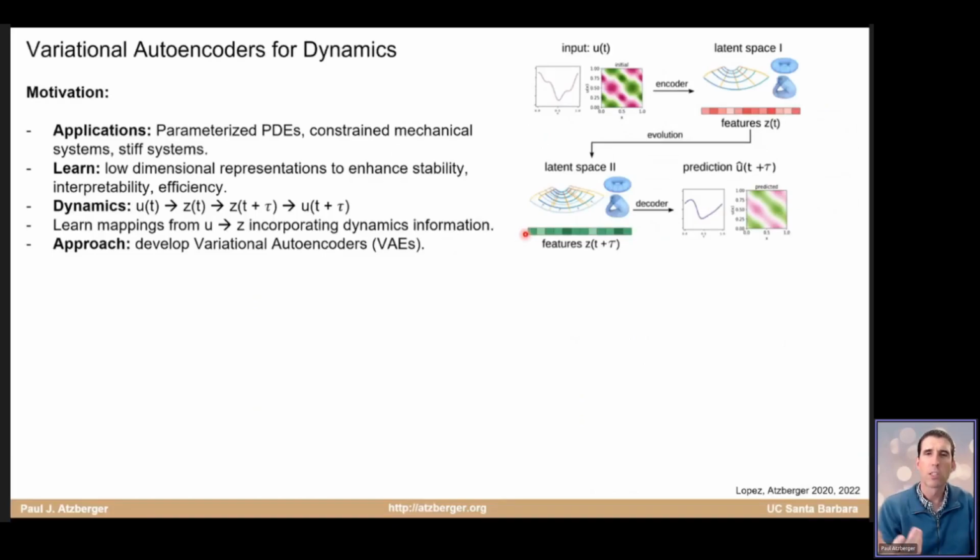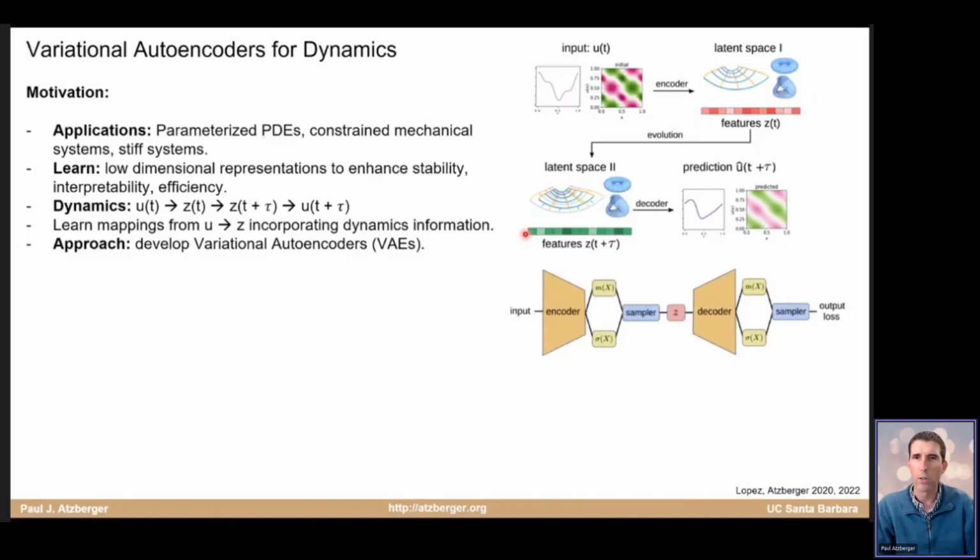And so the approach that I'm going to take to do that is to leverage these recent developments in what's known as variational autoencoders. So these are going to be a little bit different than just doing a standard kind of neural network encoder where you have an encoder, let's say multilayer perceptron, and a decoder multilayer perceptron. We're going to introduce noise into the system as a regulatory mechanism. So I'll kind of walk you through a little bit